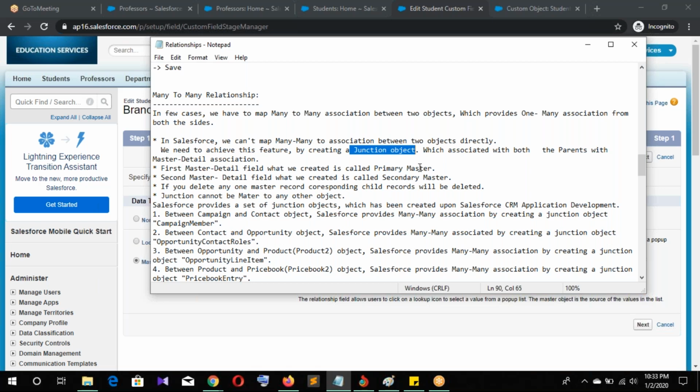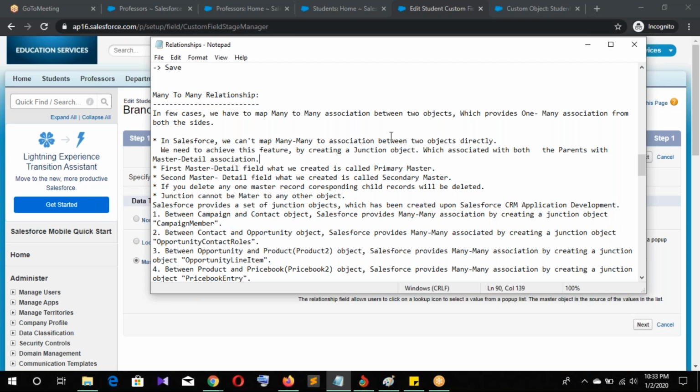In the 1% chance, we can use the junction object. Very rare cases we create a junction object. For knowledge purposes and from an interview point of view, I can explain how to create the junction object. A junction object is nothing but a custom object.